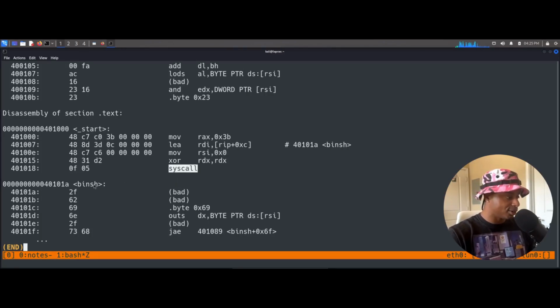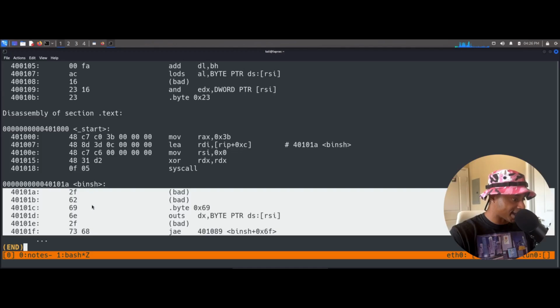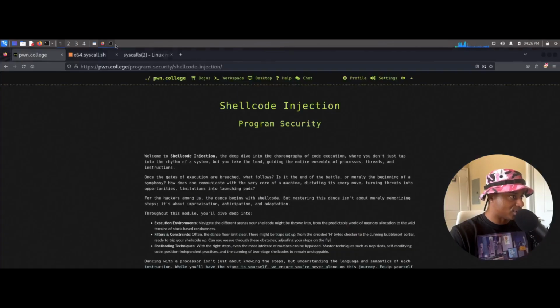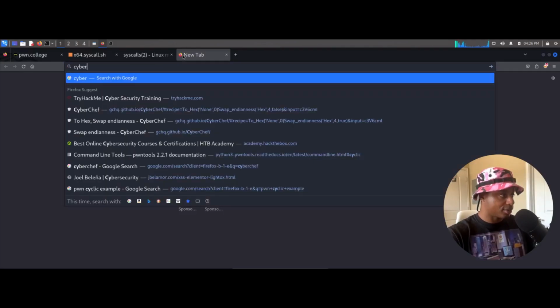So we see here /bin/sh is being created. And these are just the actual ASCII representations of the string. So if I go somewhere like CyberChef,